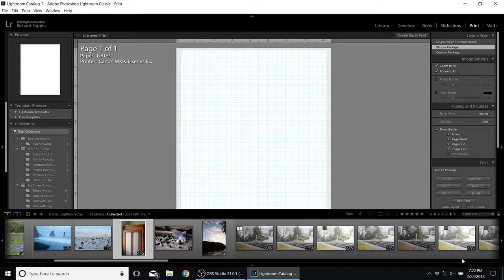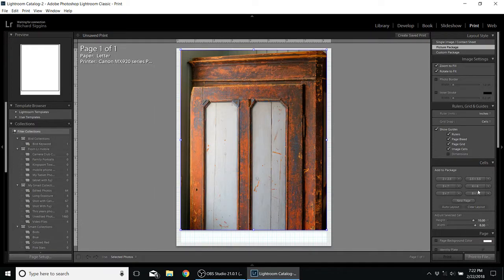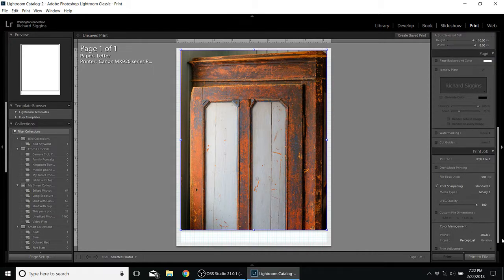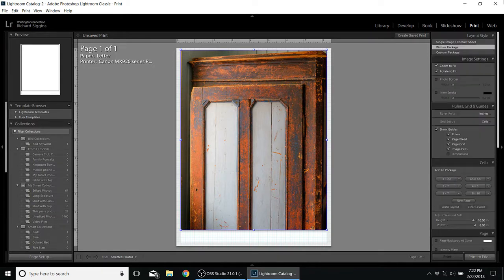You can try this, play around with it, and get it the way you want it, and then I have to say where I want to send it. And I don't have a printer attached, so it's